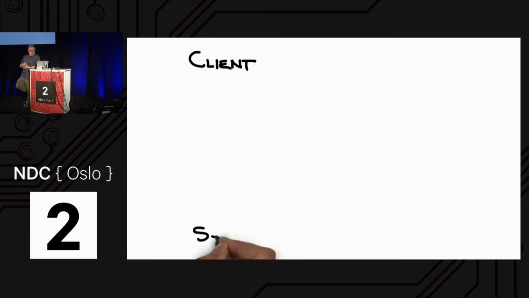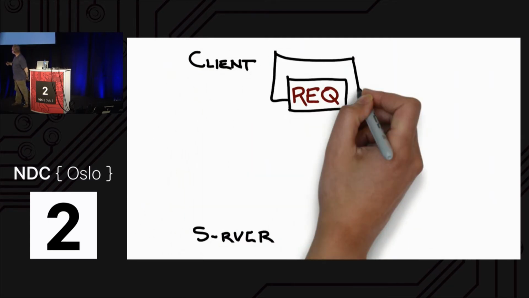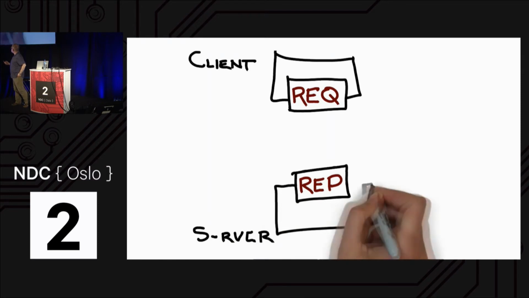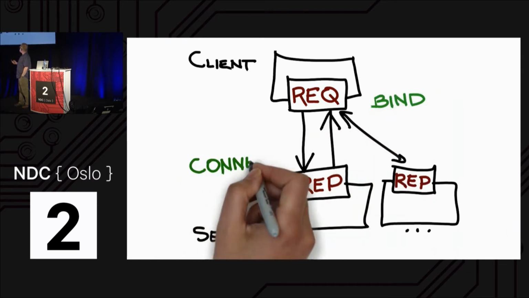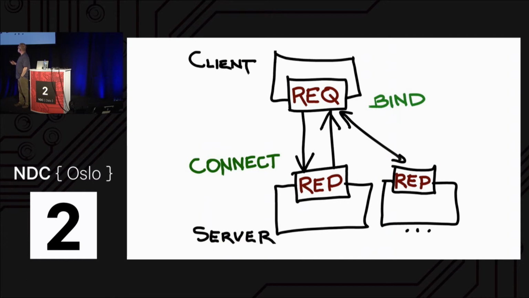So let me look at just one simple example so you can see how this all works. This is a simple request response or request reply system. This is the easiest kind of connection to make in the ZeroMQ world. A client makes a request to some server in this case. The server replies. This is synchronous in ZeroMQ, in that you can make a request to the server, but you can't make another request until you've gotten the reply back. You don't have to block while you're waiting for the reply, but generally you do. So you make a request, you get a reply.